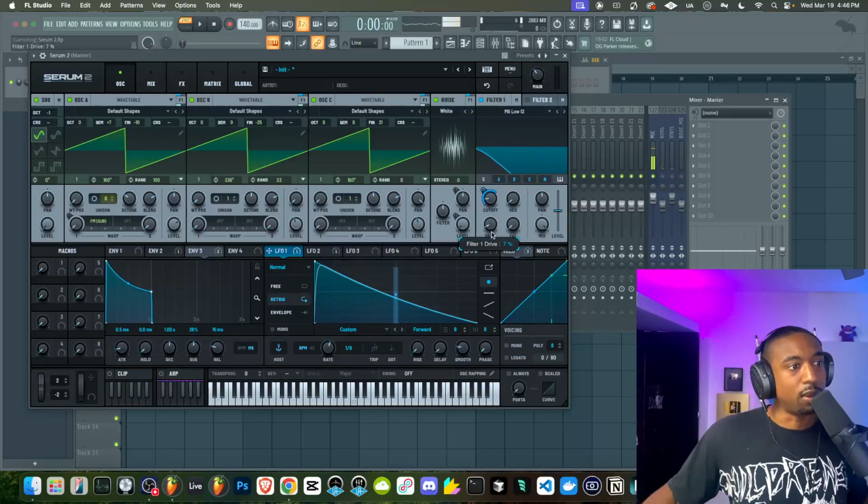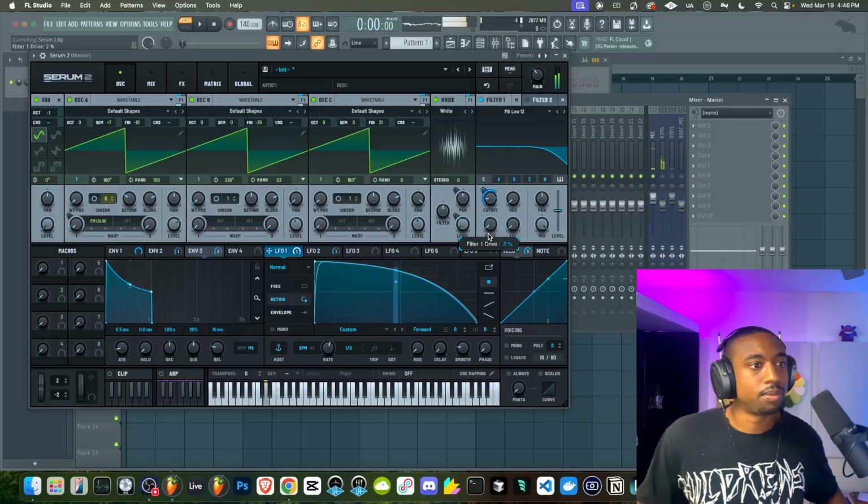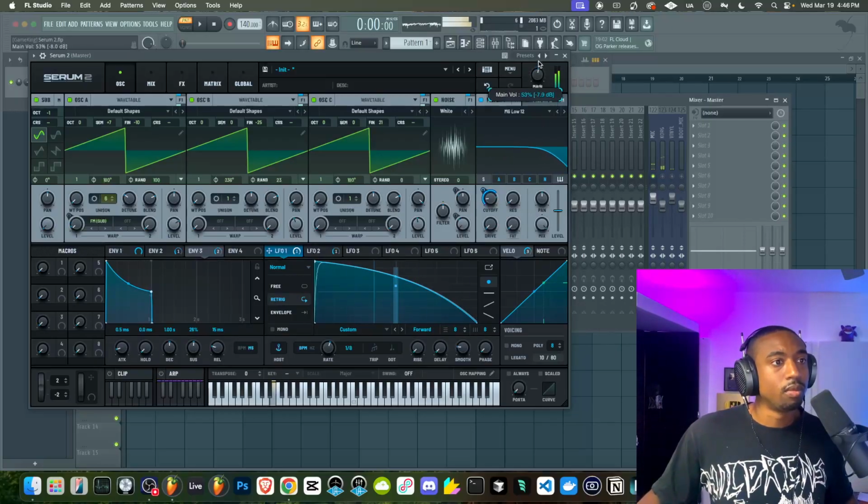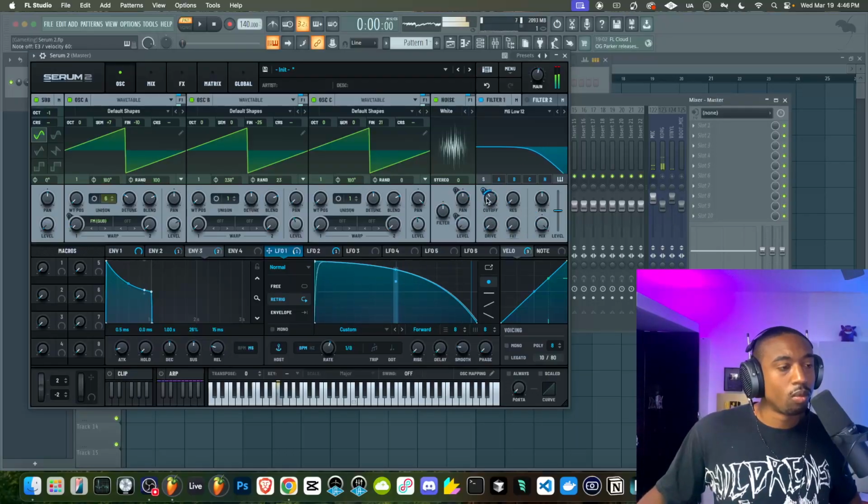Forgot we had the drive on. That might be causing too much harmonic distortion there. That would be a pretty cool sound.